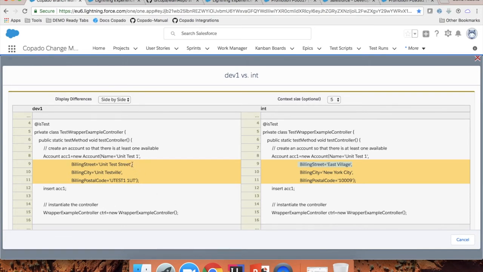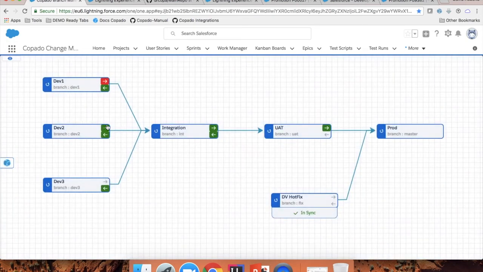So in this case, before I deploy my user story to integration, it is a best practice that all developers and teams that are working on different sandboxes keep their sandboxes continually in sync. This can be every day at the beginning, you take the first 20 minutes of the day to back deploy any new changes from integration. And in that process, you will be able to detect if someone has also modified the same lines, for example,